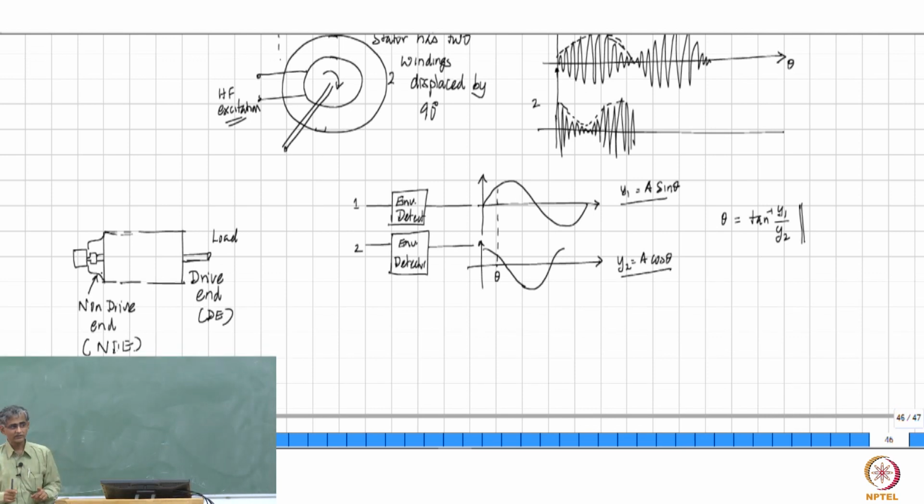And then there is another difficulty: if you are going to have an encoder which is made by somebody else, you are going to get an encoder as another small piece that you need to fix to the motor. This encoder must be aligned such that its shaft is exactly in line with the shaft of the electric motor and not shifted this way or that way, right? So fixing the encoder is not at all an easy job, right?